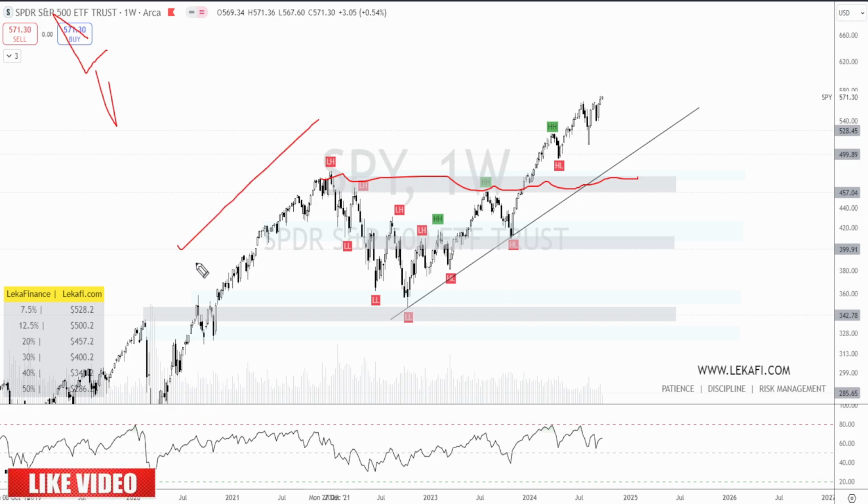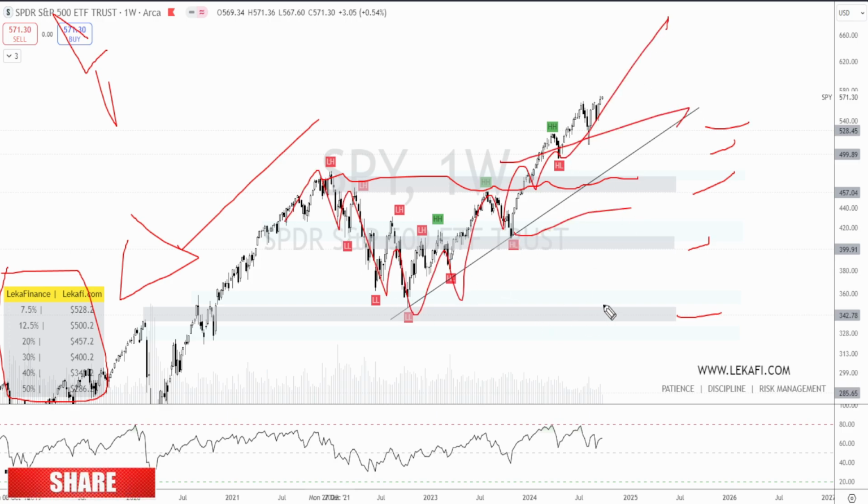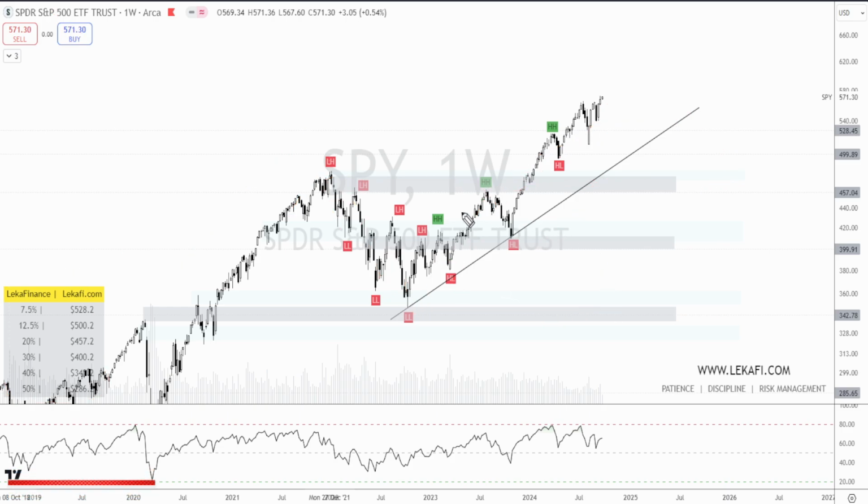I go more by percentage discount. That's why I have built my own indicator here, as you can see, and I have my levels here that I'm comfortable with to get into the SPY, no matter what happens in terms of indicators or fundamentals. Why? Because I want to hold this for the long term, and the lower it goes, the more I can buy.